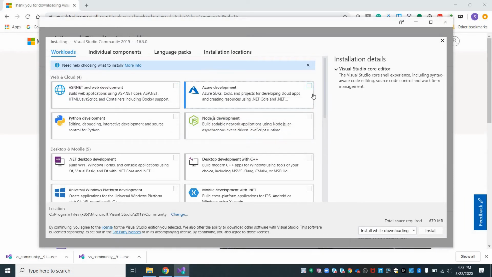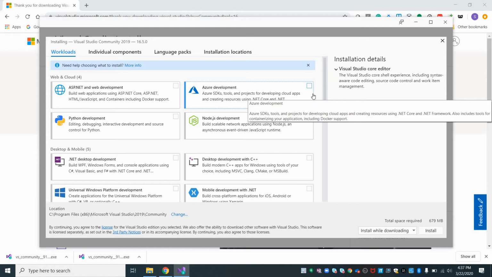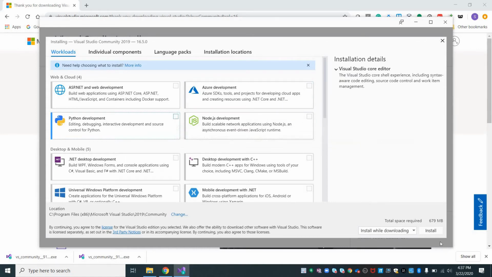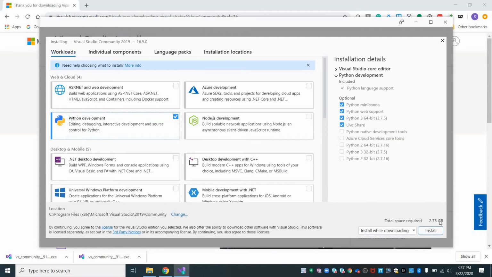Each workload, once you add it, is going to take more space on your PC. So for example, if I include Python right now, you can see the total space required is just 679 MB. Once we start clicking on more workloads, the space will keep increasing. So for this video, we are going to include Python and say